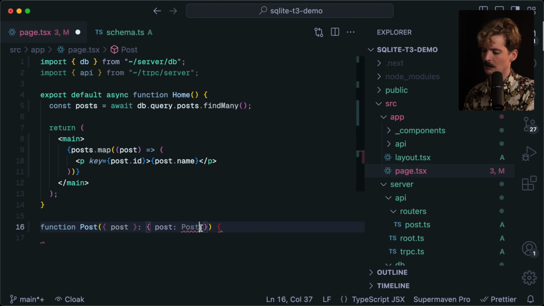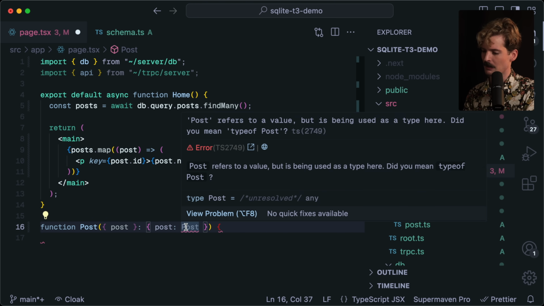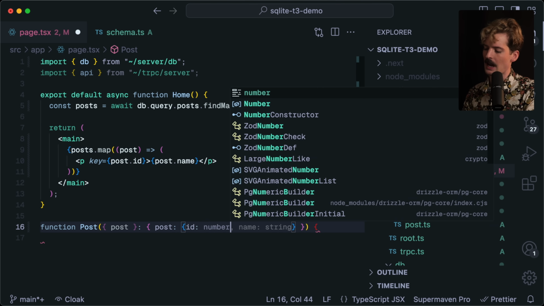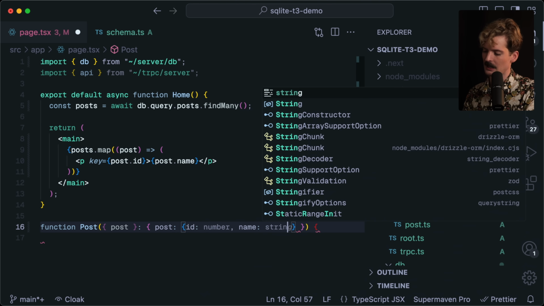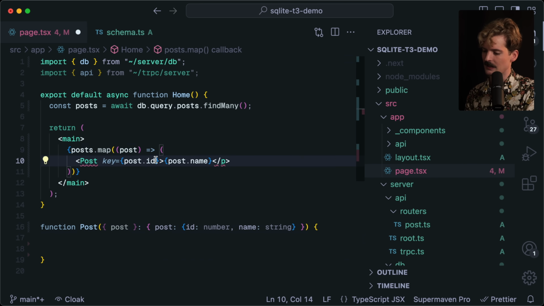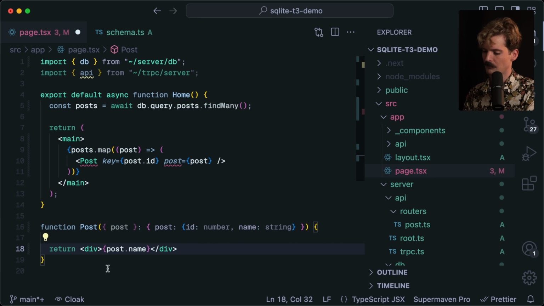And we'll take in post, which we don't actually have the typing for. There's a lot of ways to get this type. I'm trying to think of the best one to showcase here. Honestly, I'll show you the really simple, stupid one. We will just ask for the things we want, which are id and name. We don't really care too much about the rest. And now we'll use this instead. post equals post. And in here, we'll just return that.